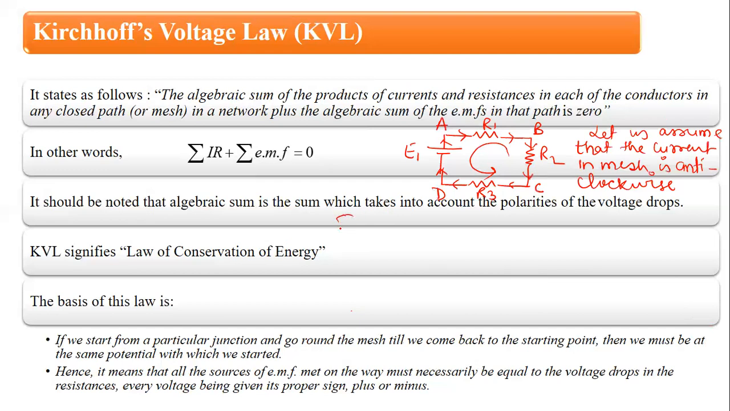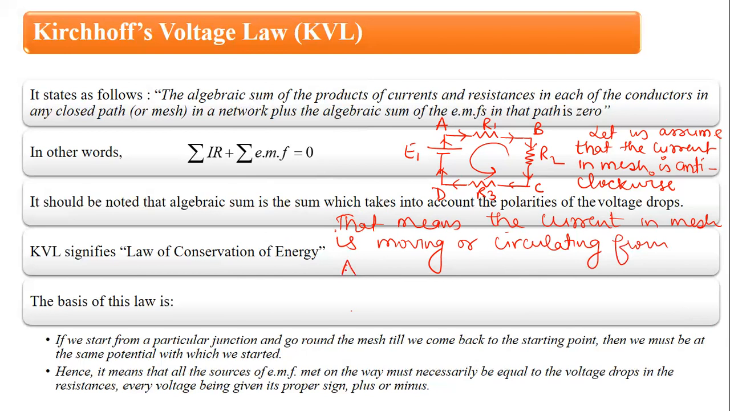So that means the current in the mesh is moving or circulating from A to D to C to B and back to A. So let VA